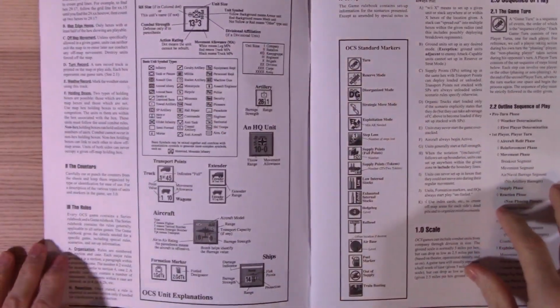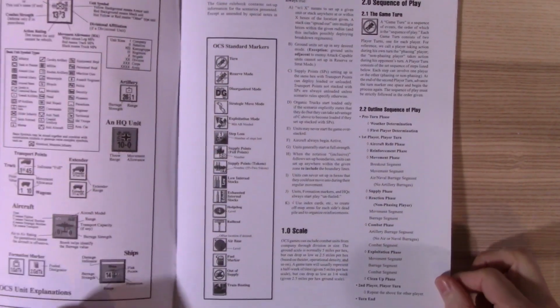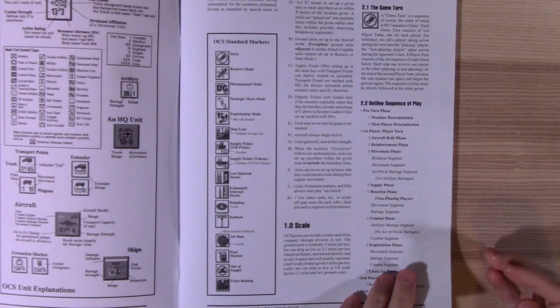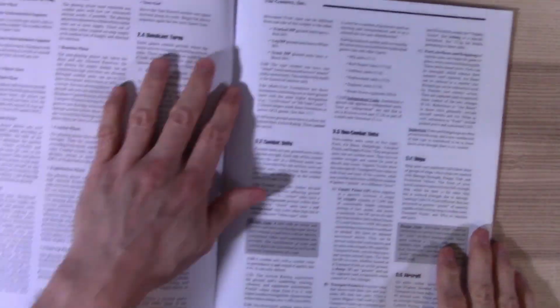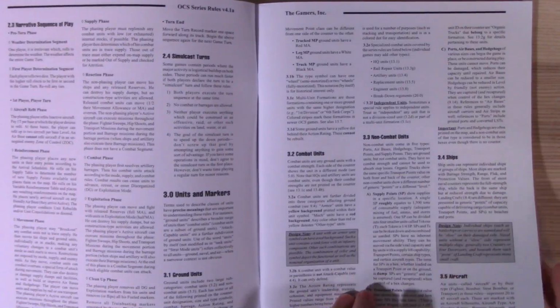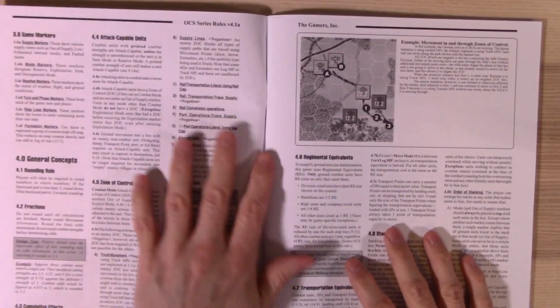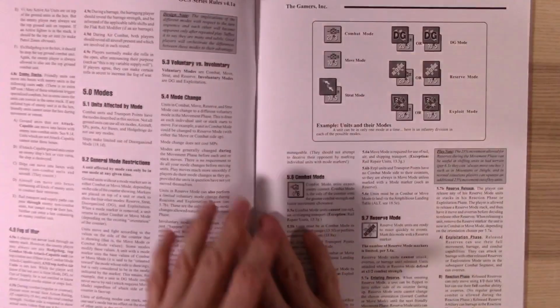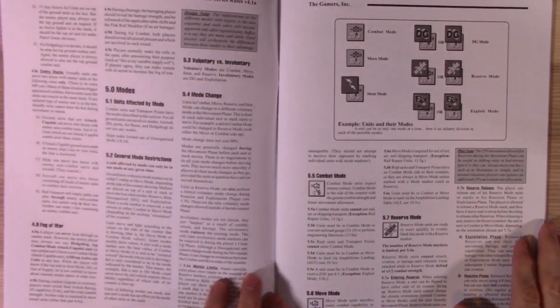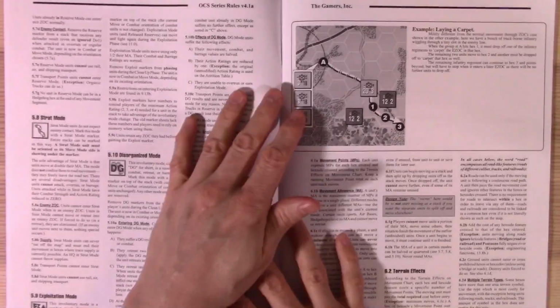Okay, basic combat unit. So you have your combat, pretty much the chit explanation. Then we go into setup notes, sequence of play. There's many videos. I'll link a video in the description for OCS tutorials. A bunch of them out there that are really good. Alright, simulcast turns. The book doesn't lay flat. It has this crease I'm not a fan of, but okay. Units and markers, combat units, ships, aircraft, game markers, attack capable units, general concepts, zone of control, pretty much standard, truck movement, regimental equivalents, modes, combat mode, reserve mode, fog of war, never look through an enemy stack, well yeah, strat mode,